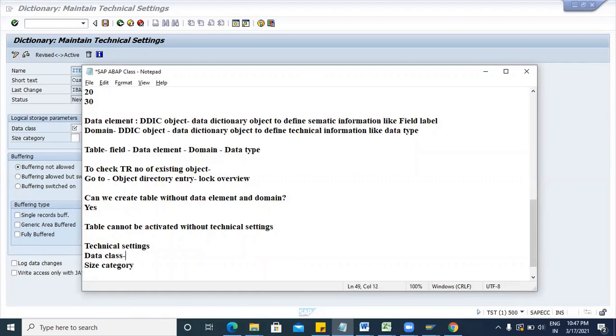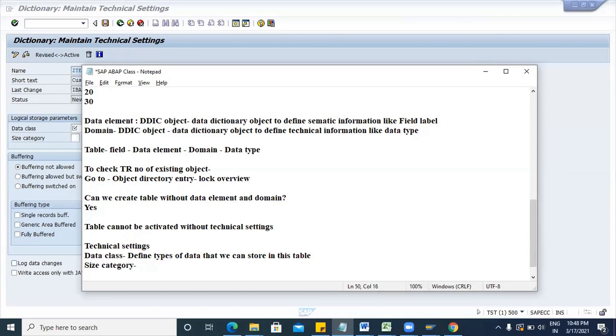So what is data class? Data class will define the types of data that we can store in this table, like which type of data we are storing in this custom table.